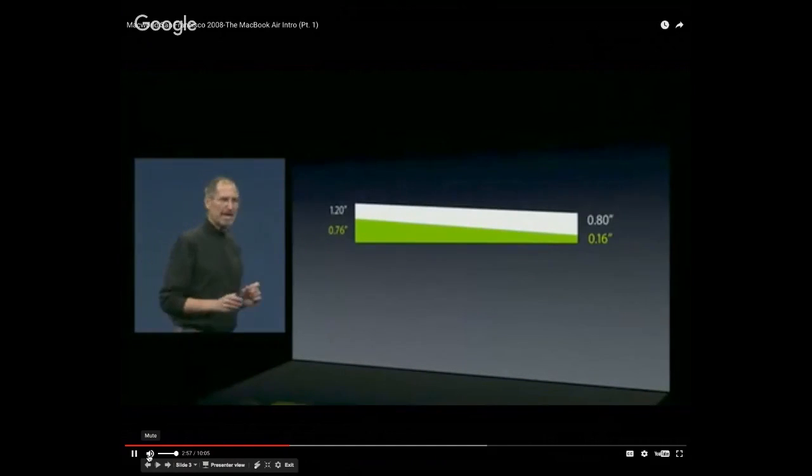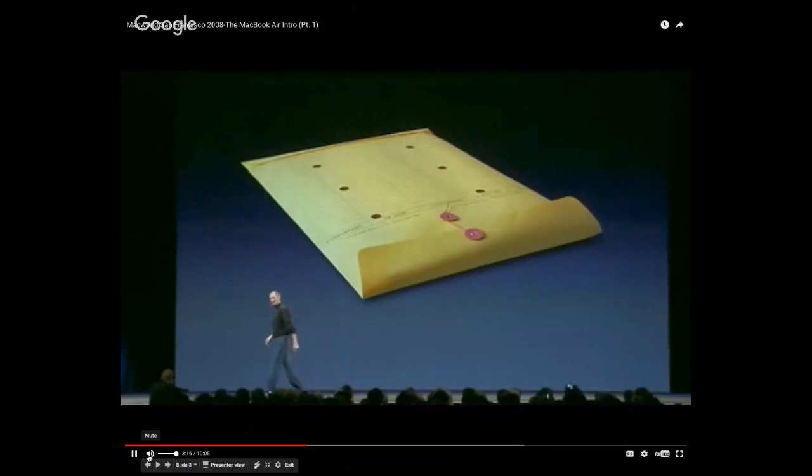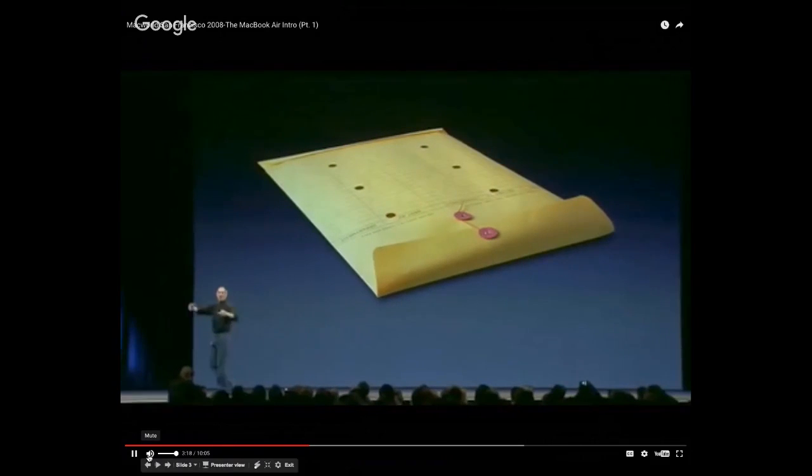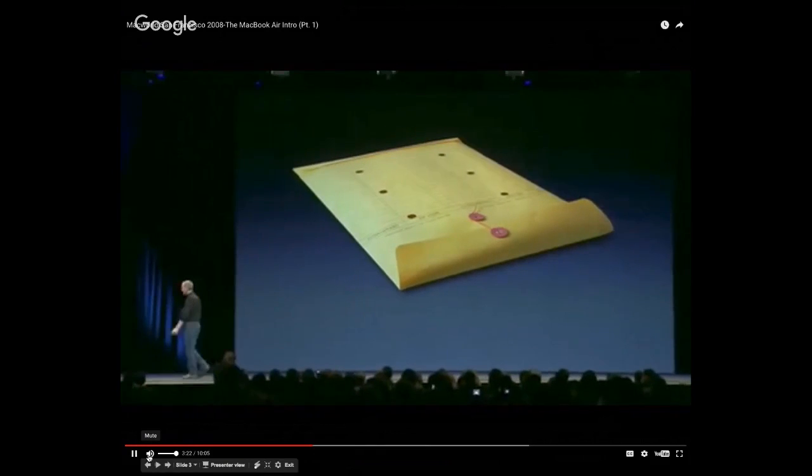Now I want to point something out here. The thickest part of the MacBook Air is still thinner than the thinnest part of the TZ series. Okay? We're talking thin here. So, it's so thin it even fits inside one of these envelopes that we've all seen floating around the office. And so let me go ahead and show it to you now.